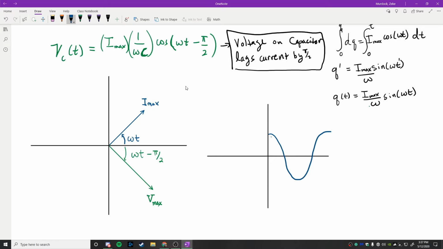And we need to have the other one be cosine omega t minus pi over 2, so we have to shift this curve over by 90 degrees, so it becomes effectively